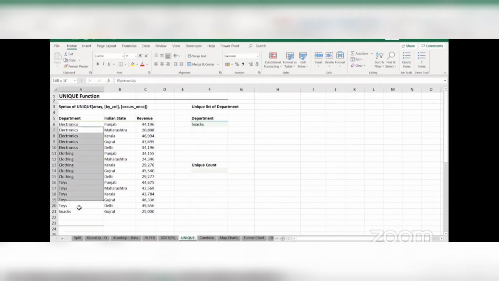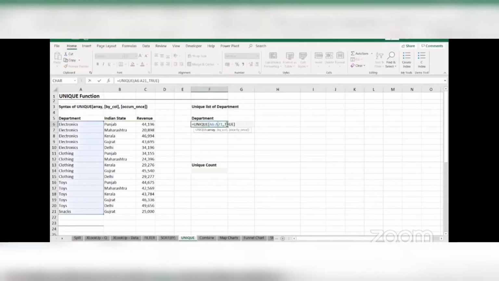If you look at this data, electronics occur multiple times, even clothing, even toys, but it is only snacks which occurs exactly once, right? So if you set it to true, you will get the occurs once value, which is basically having no duplicates. This is the concept behind true and false. Again, everything is mentioned in the notes that you will be getting. All right. So let's change this back to false for now and hit enter.